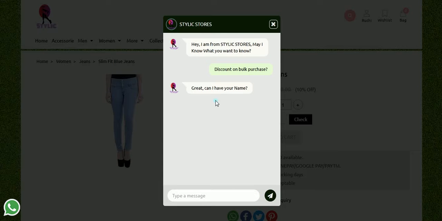Here it will ask my name. I'll mention my name over here and move further. Now it is asking me for the mobile number. Earlier we saw that in the AI chat inquiry we have a section in the front side settings, where we can choose whether to collect the customer's email address or the WhatsApp number.